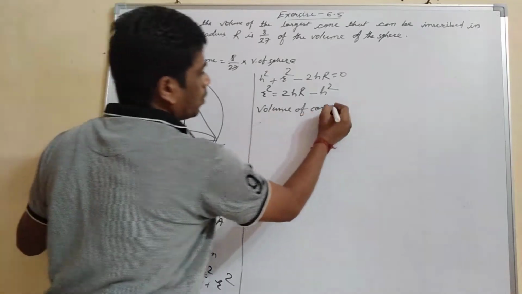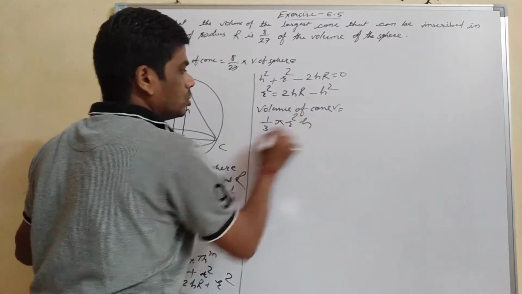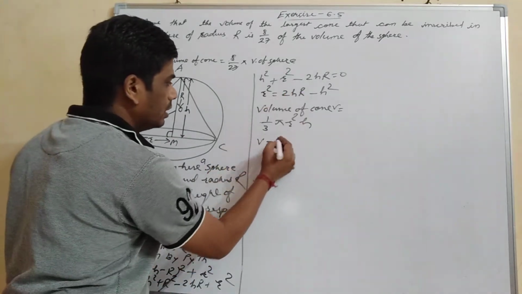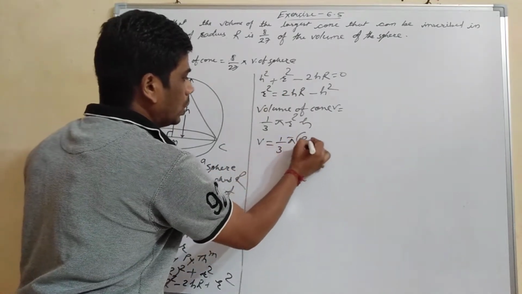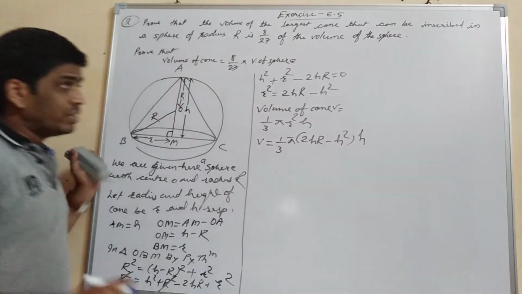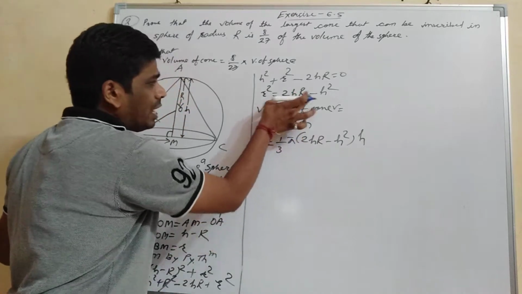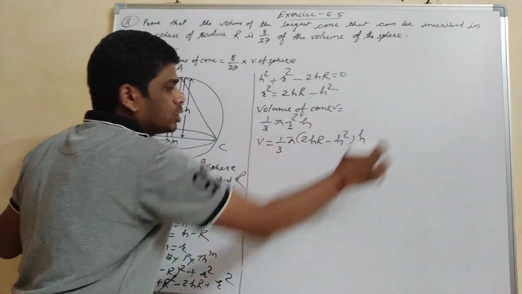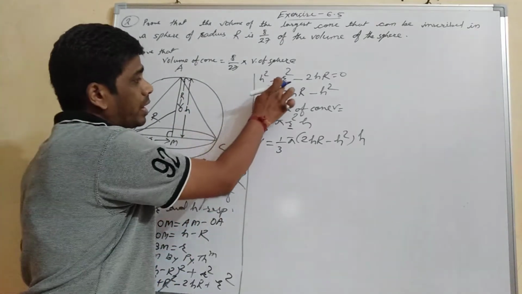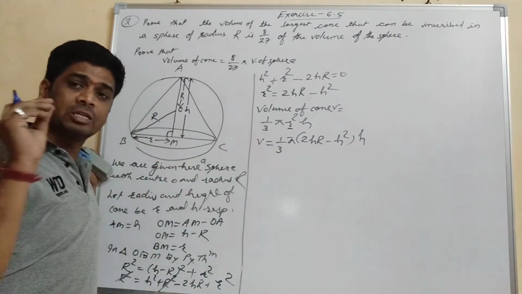Okay. Now volume of a cone, V equal to 1/3 pi r square h. Which means V equal to, we can substitute r square here, 1 upon 3 pi into 2hR minus h square into h. That's why we find the value of r square. Why? Because r we can find h also, but it will be in the square root. It will be difficult to differentiate. So what you do? You will find r square, because capital R is the constant. It is given.